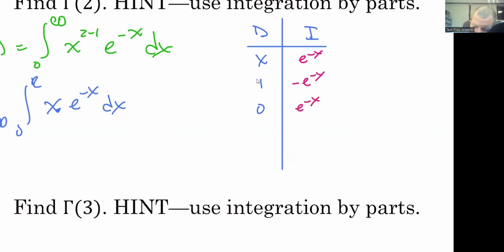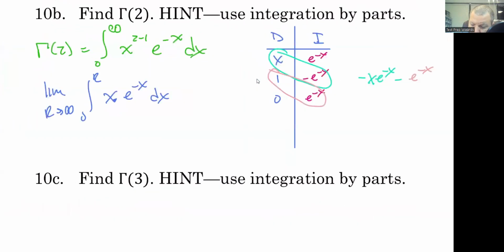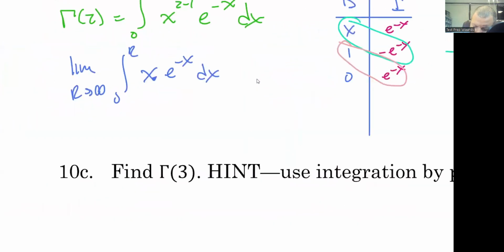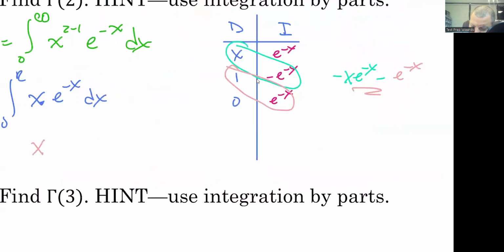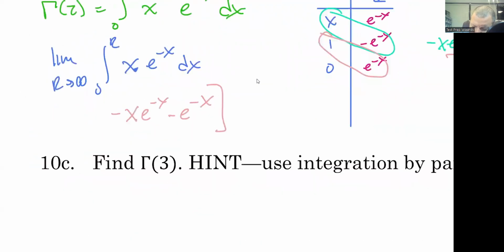So when we take our antiderivative, we're going to get negative x e to the negative x, then minus e to the negative x. That's going to be our antiderivative. So we're going to have negative x e to the negative x minus e to the negative x, evaluated from 0 to r